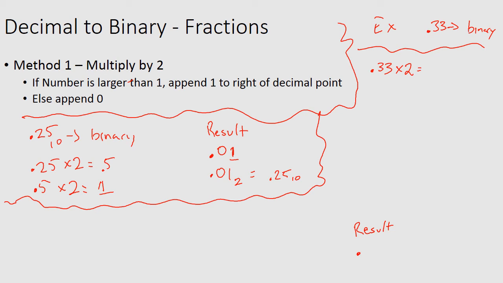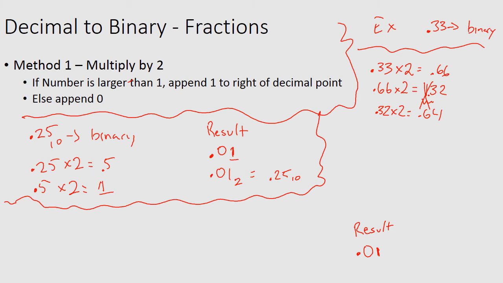And what we're going to see is that it is 0.66. And because 0.66 is not larger than 1, we're going to append a 0 to the right. We're going to take 0.66 and multiply that by 2. And what we see is that it is 1.32. And 1.32 is larger than 1, so we append a 1 to it, and as previously we take this 1 and we neglect it, and we continue on with the process with 0.32, whatever is to the right of the 1. So we take 0.32, we multiply that by 2, and we get